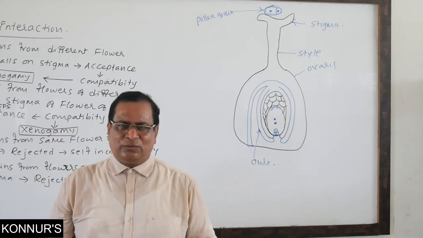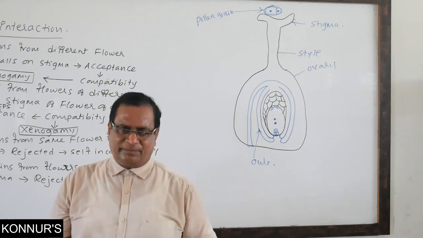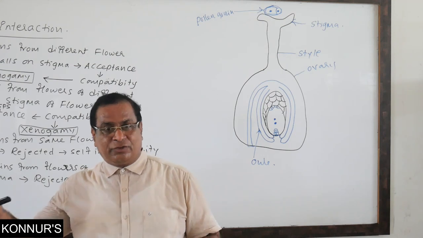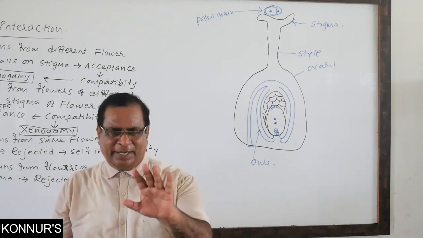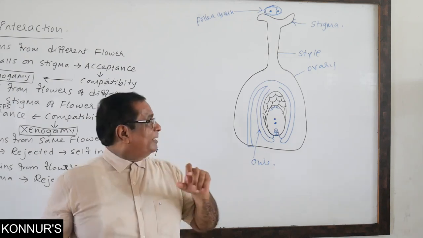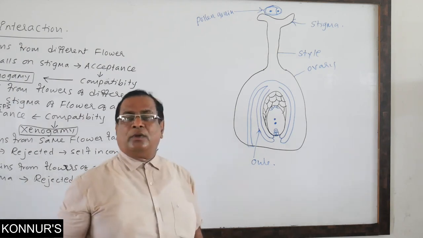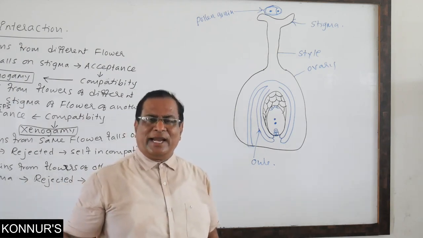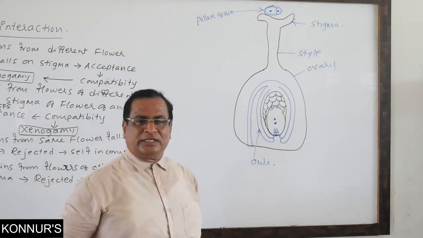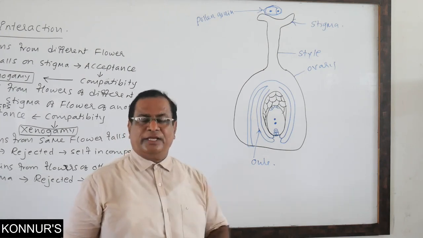One is the vegetative cell and the generative cell has made two male gametes. Already I have explained this. In case it is falling in a two-celled stage, that generative cell divides, forming two male gametes. And that vegetative cell forms the pollen tube,